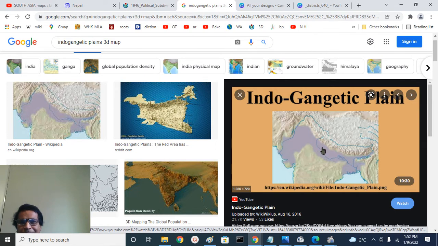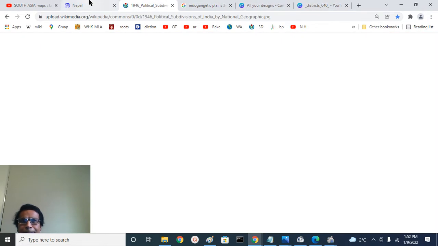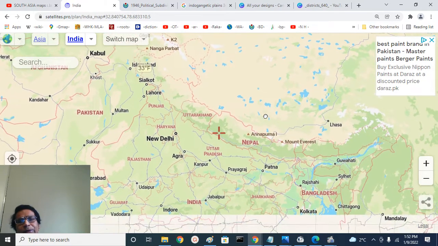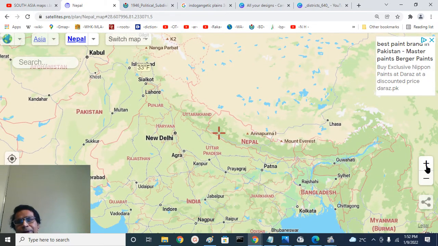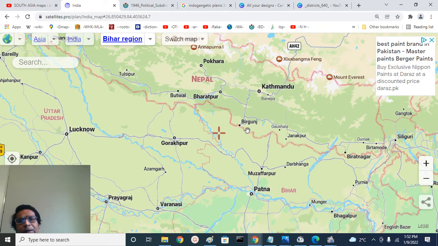This is the corridor Jinnah wanted, starting from Muzaffarpur here and MuzaffarNagar here, and yeah, this is the region we are talking about, the Patna region, and we have Kathmandu here, and Birganj is